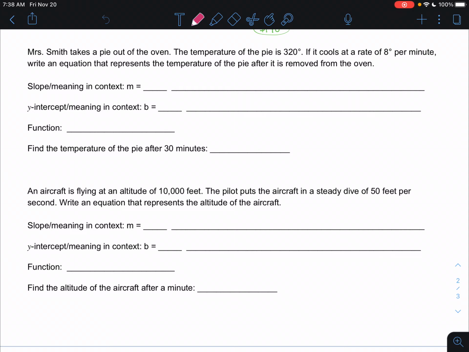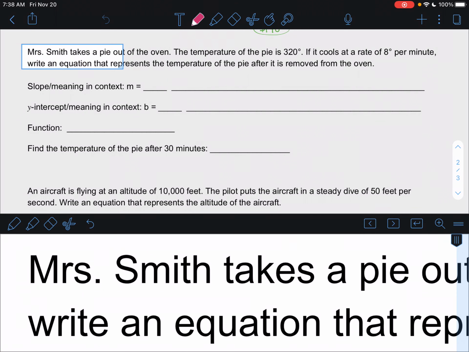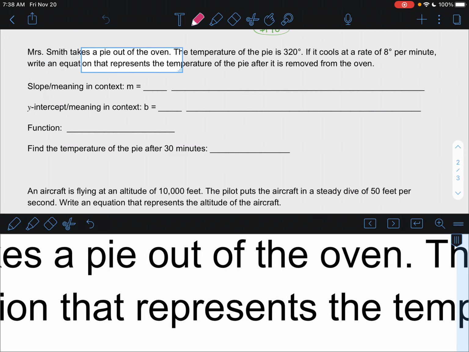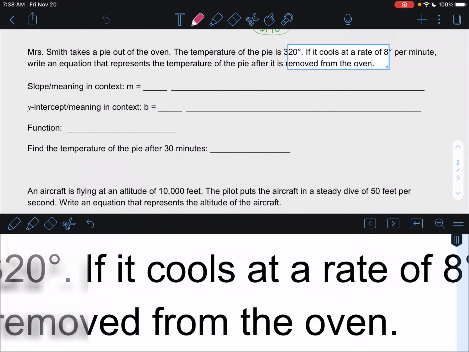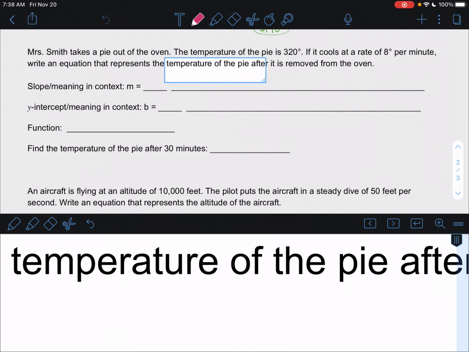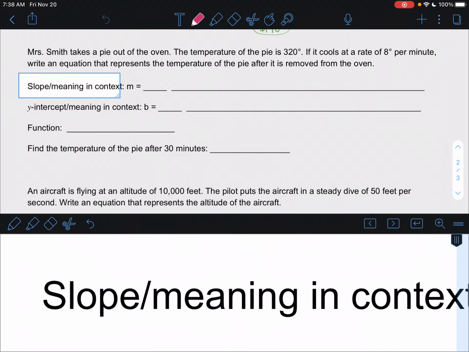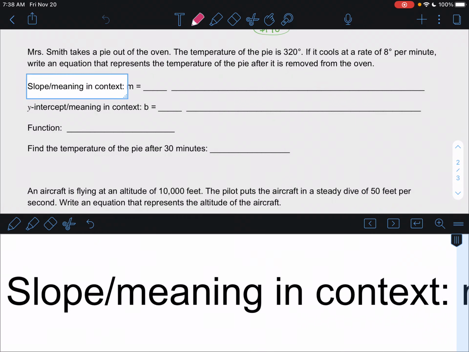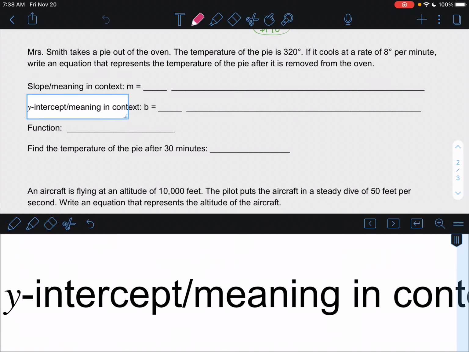All right, the last two problems on the notes from yesterday. We were doing our linear equation word problems. Miss Smith takes a pie out of the oven. The temperature of the pie is 320 degrees. If it cools at a rate of 8 degrees per minute, write an equation that represents the temperature of the pie after it is removed from the oven. So I want to identify my slope, which is what is going to be constantly changing, and my y-intercept, or the